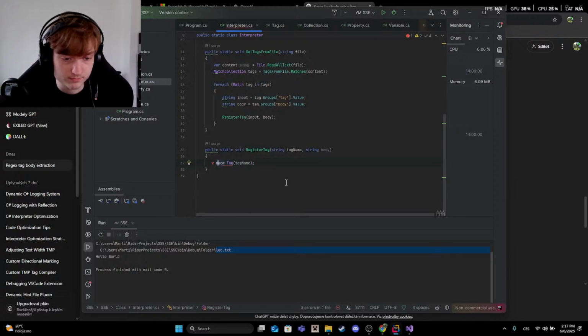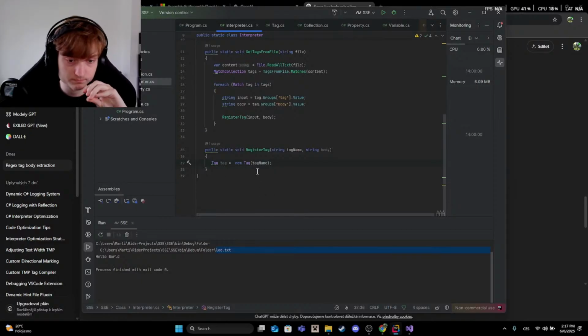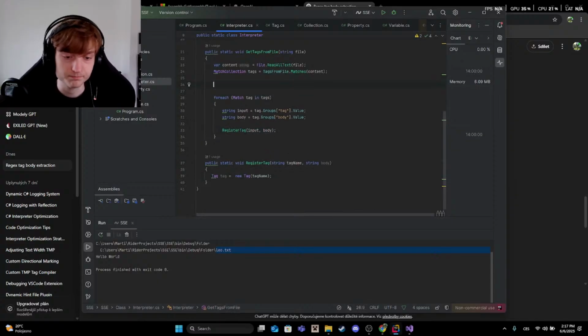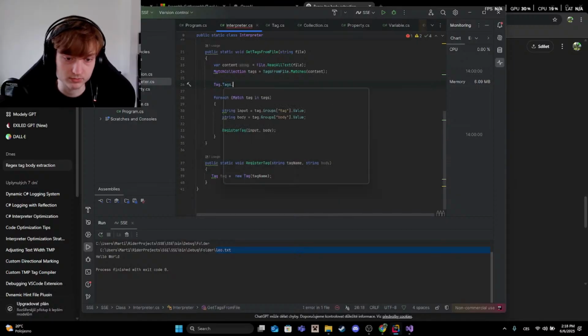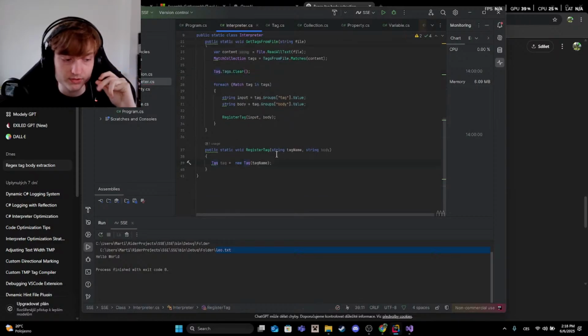So var tag is equal, so create a new tag out of this, and when registering tags I want to also clear them before, so tags.clear will be used, and in here I want to